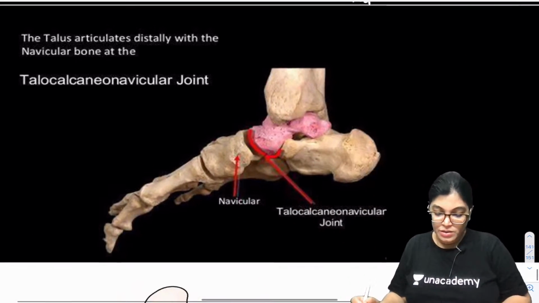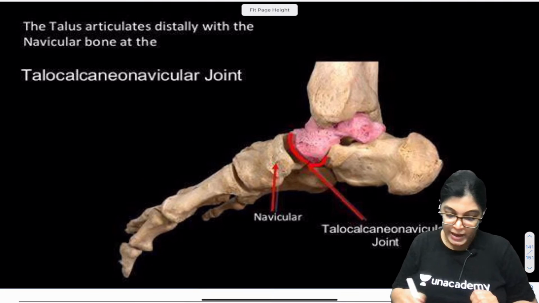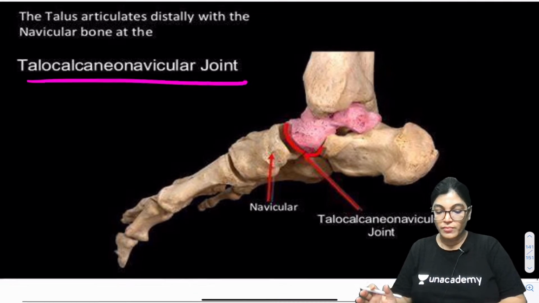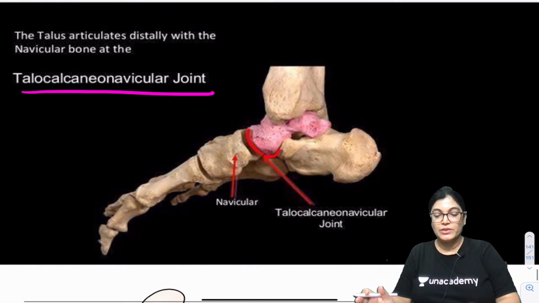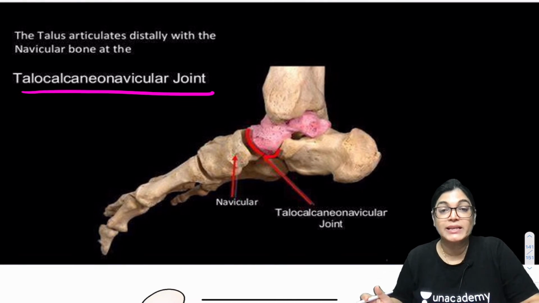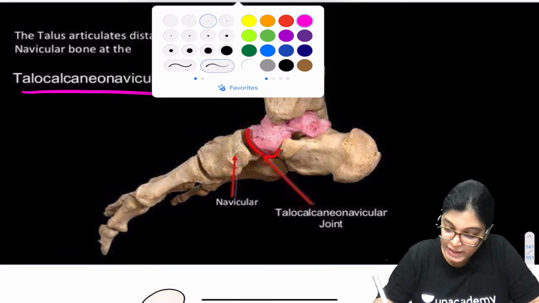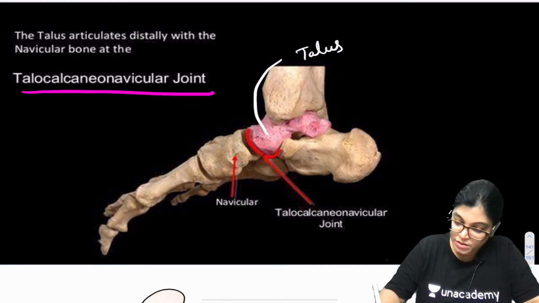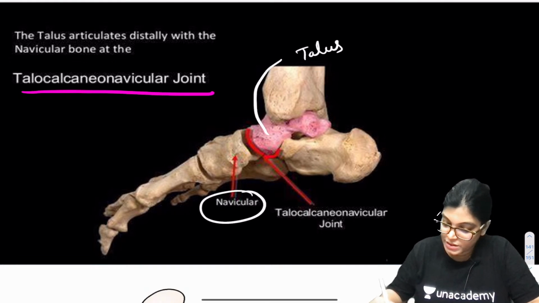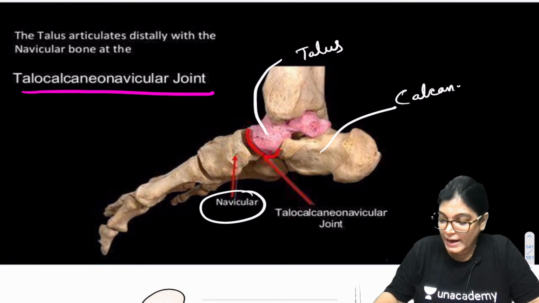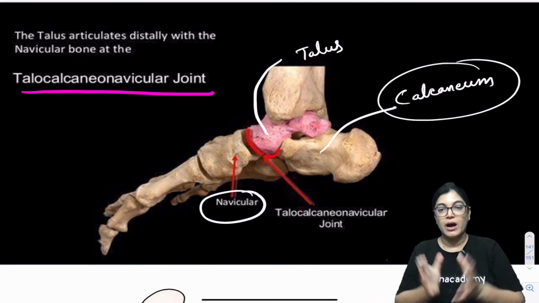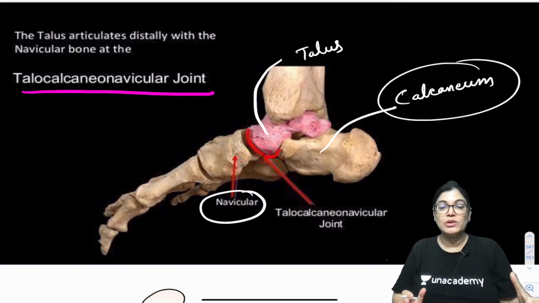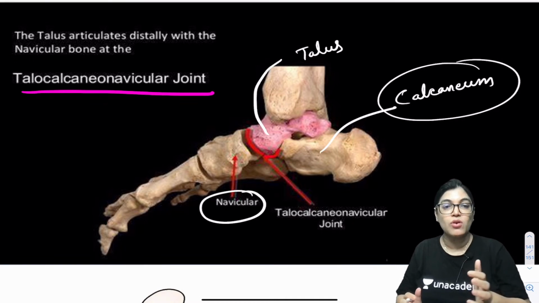Now, I would also like to show you another diagram. Can you see here? It is talocalcaneo-navicular joint. When you see the articulation from anterior aspect, between three bones, you can clearly see the articulation. This is the talus bone. This is the navicular bone. This is the calcaneum bone. So, on the anterior aspect, the articulation of the talus bone with the navicular bone and calcaneum bone together is called as anterior